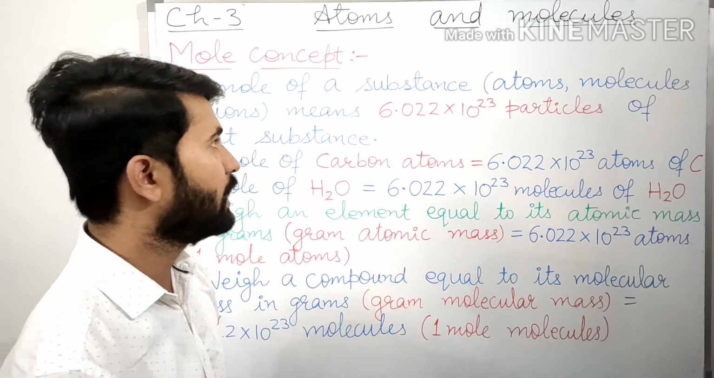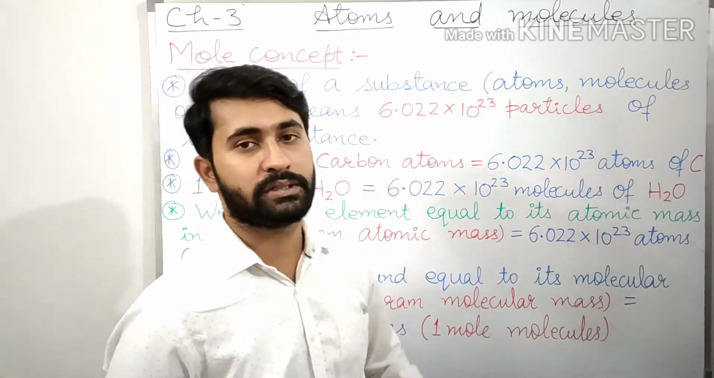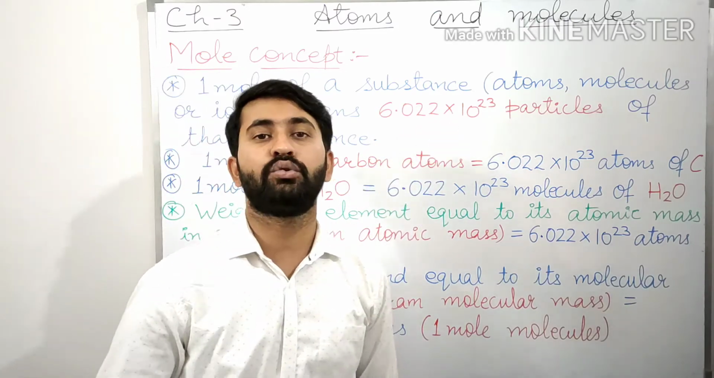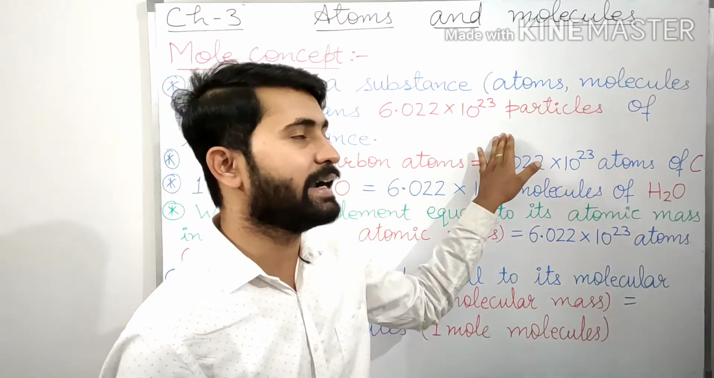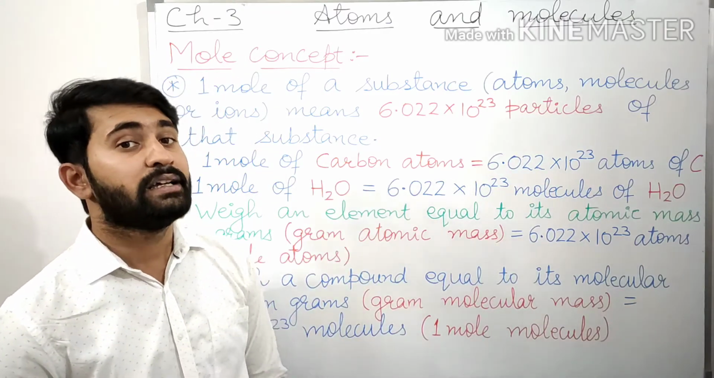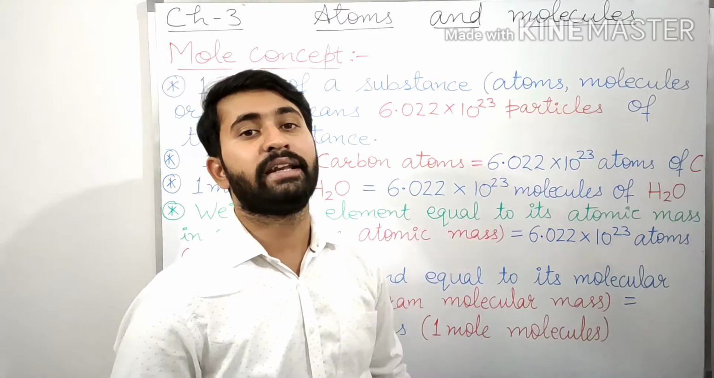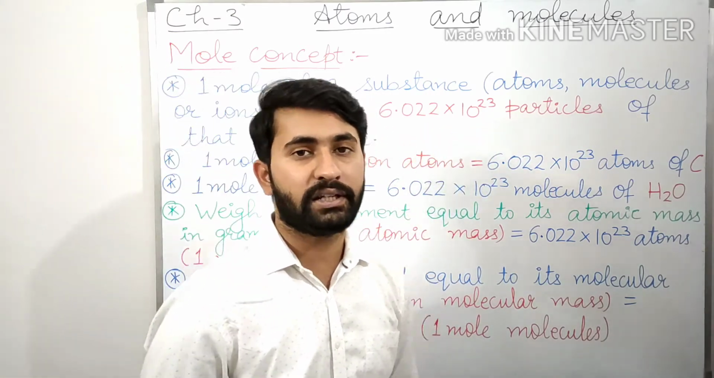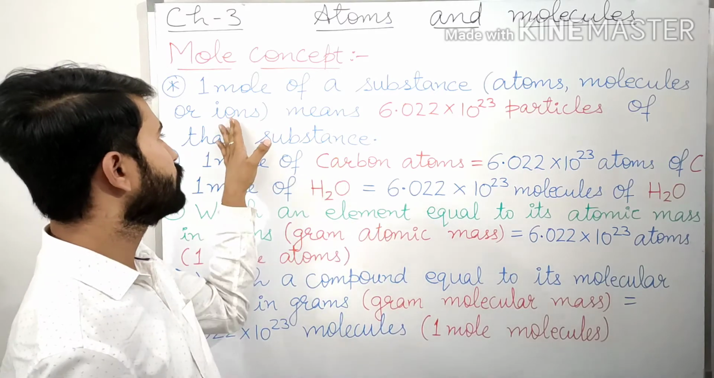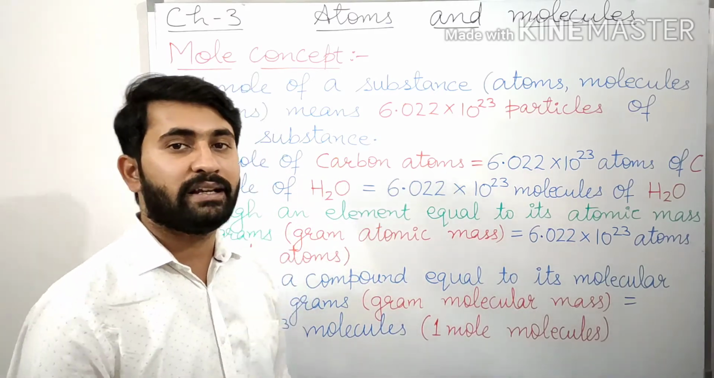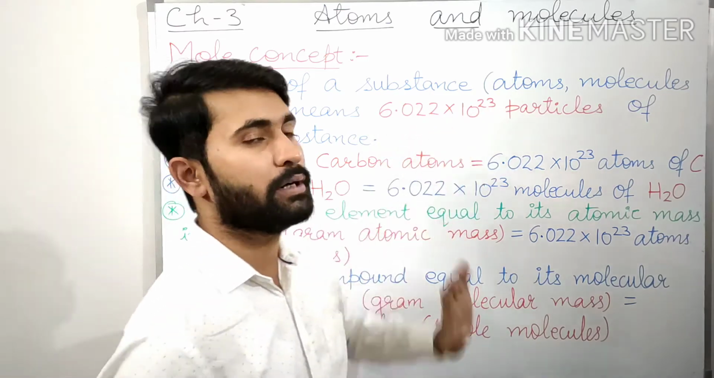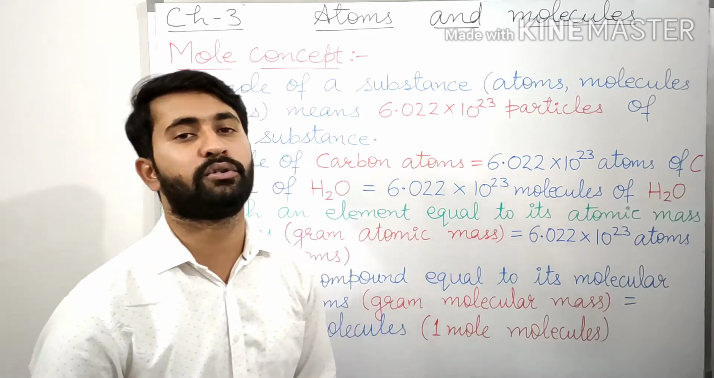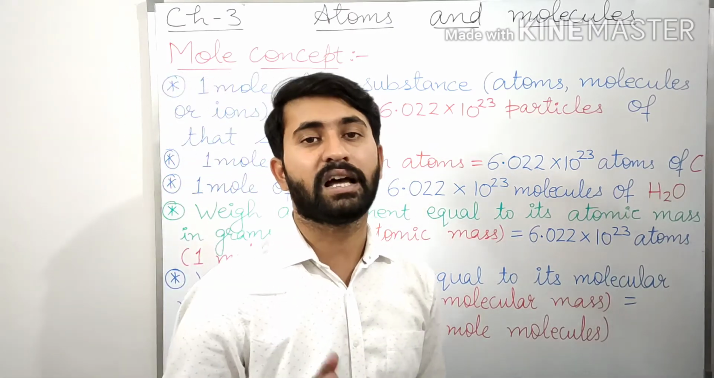If we are talking about 1 mole atoms, then it means there are 6.022 × 10^23 atoms. And if we say 1 mole molecules, then it means 6.022 × 10^23 molecules. Similarly for ions also. So basically 1 mole is this number. So this number 6.022 × 10^23, which represents a mole,